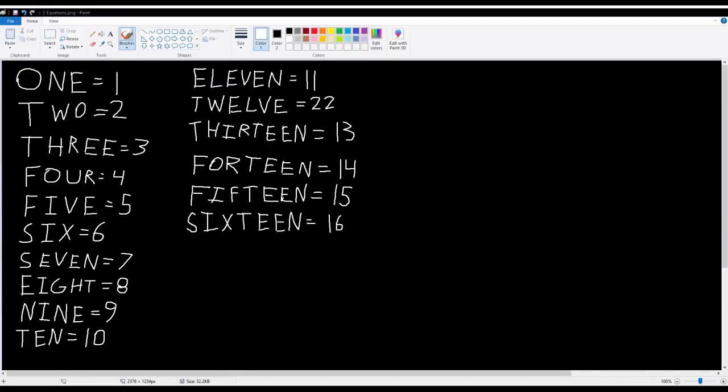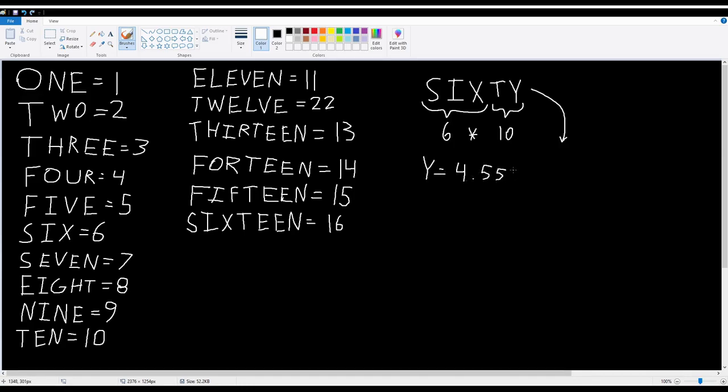So while the numbers 1 to 16 is cool, what if I want 60? Well, anything with a "ty" at the end is generally just that number multiplied by 10. So if I make t times y equal 10, then 60, 70, 80, and 90 will all work. And 40 if you use the U you stole from 14. And y is a free letter because it wasn't used in the construction of 1 to 16. So that's an easy